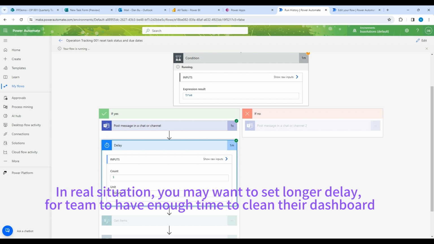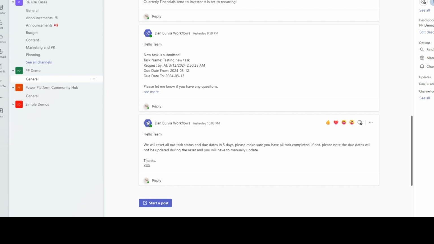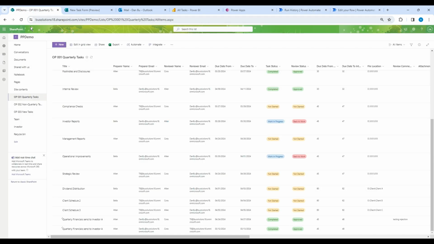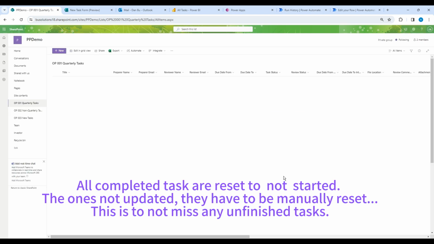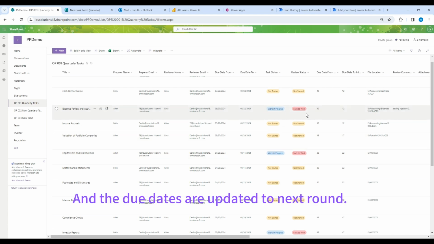Sometimes you want to give your team enough time, to post a message to tell them, hey, I give like 1 minute to wait. Normally you could do 3 days, but for testing we do 1 minute. Going to refresh. You can tell everything is not sent except this work in progress, because if they don't finish everything on time,